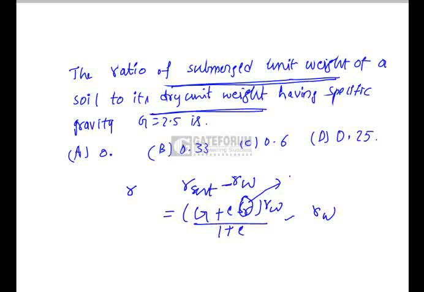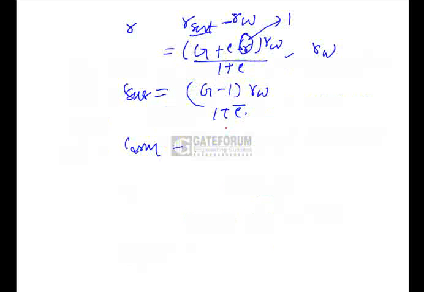In case of gamma saturated, the saturation coefficient is going to be 1. So gamma submerged is going to be (G minus 1) into gamma W by 1 plus e. Gamma dry is going to be G gamma W by 1 plus e,